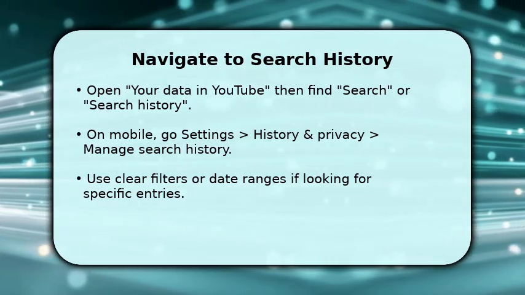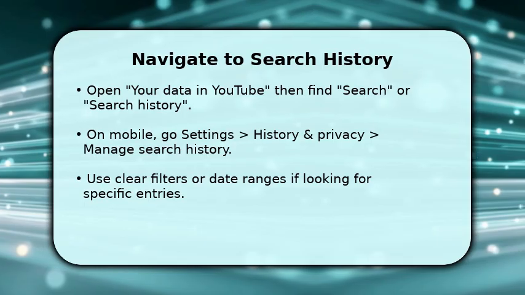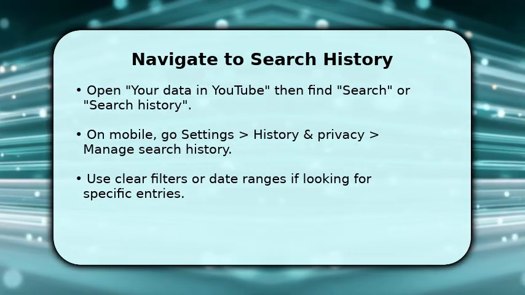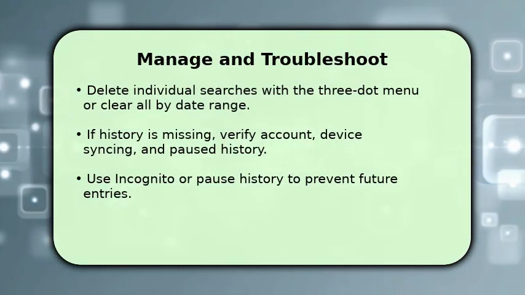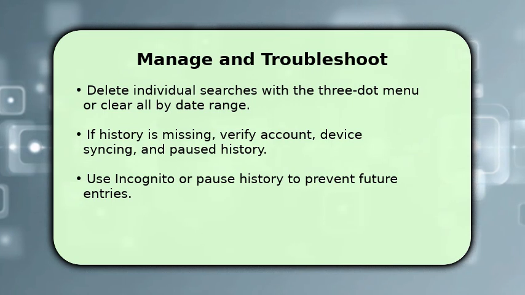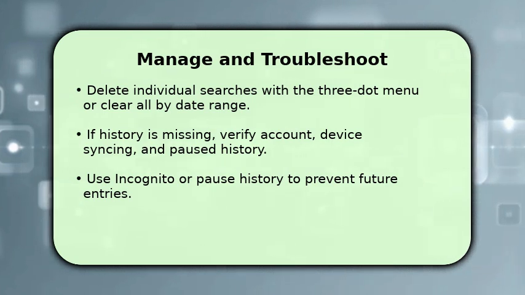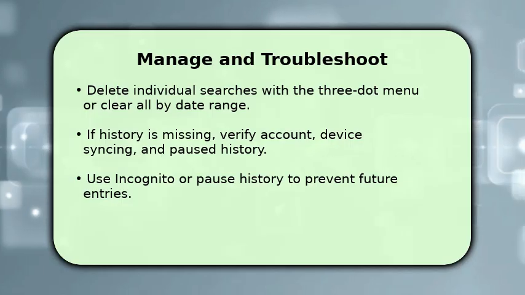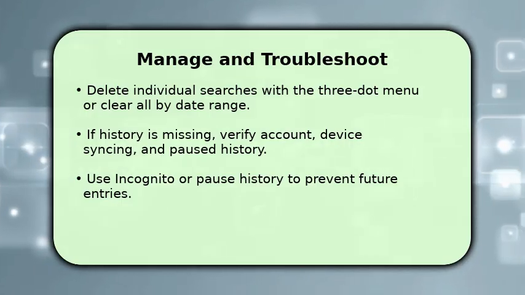This helps when you want a single past query instead of scrolling forever. Make sure to review timestamps to confirm the correct item. To finish, remove or keep entries. Tap the three-dot menu next to any search and delete it, or choose Clear Activity By to delete by date range or all time. If you don't see expected searches, check that you're on the right Google account and that